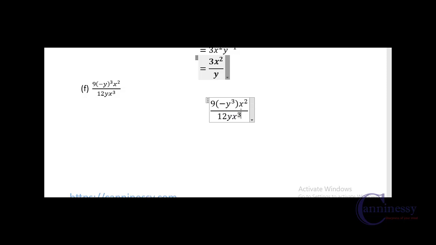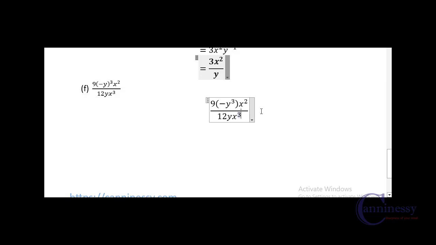Then multiplied by x to the exponent 2, multiplied by x to the exponent 2, divide by 12y x to the exponent 3. Okay,